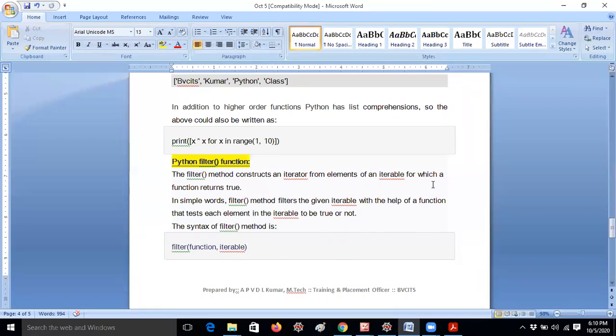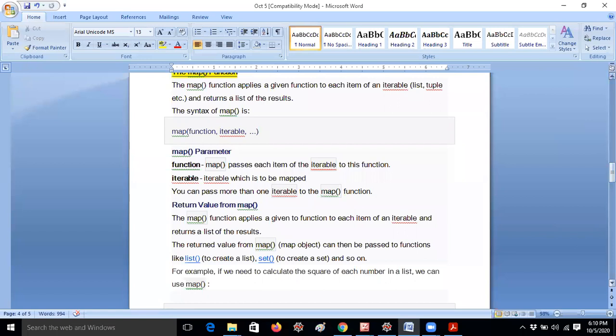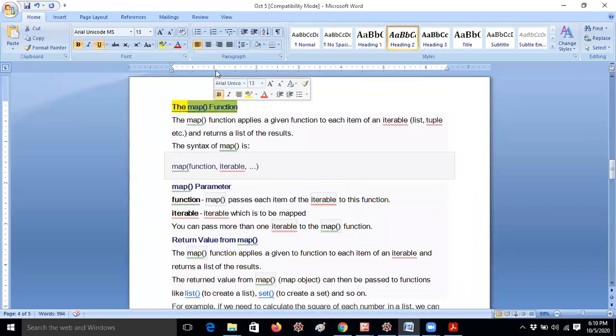Why am I taking a list only? Once again, some student is asking a question, so you should understand, because we have to follow the syntax of the map function. Python says that whenever you give two parameters in the body of the map, for the arguments you have to give iterables only. You can give a list, you can give a tuple, etc., whatever iterables we have. For example, a set is also an iterable object. You have to prefer iterable objects only, otherwise you will get an error, because this is the syntax defined by Python itself. I am not the authorized person to tell why they are doing it like this.